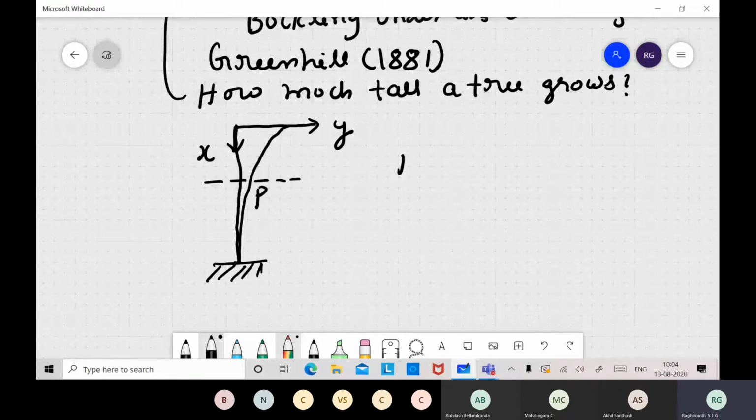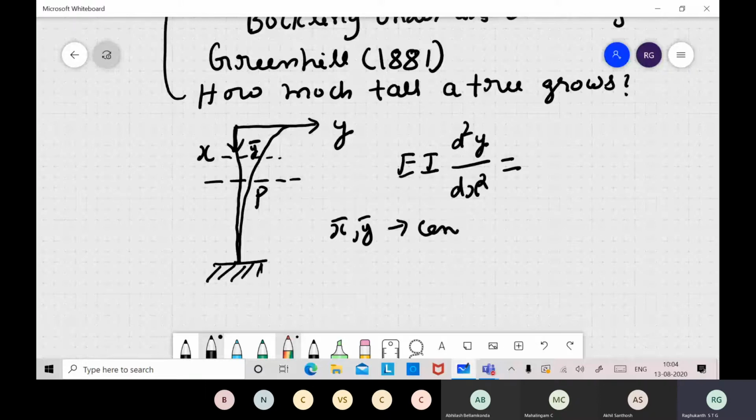your equation of equilibrium is EI d square y by dx square. This is your bending equation itself. Now here you have to find out the moment. Generally when the load is a distributed load, because weight is distributed all along the column, as you studied in mechanics of materials bending moment diagrams, when you have a UDL you take it at its centroid. Let us say the centroid is here, with centroidal coordinates x bar, y bar, where the centroid is located.